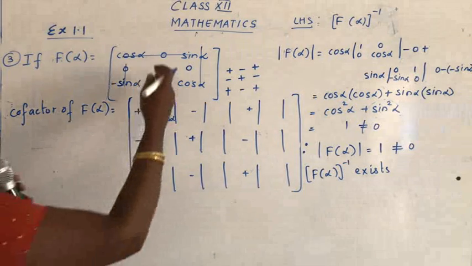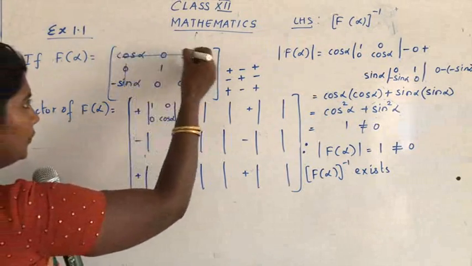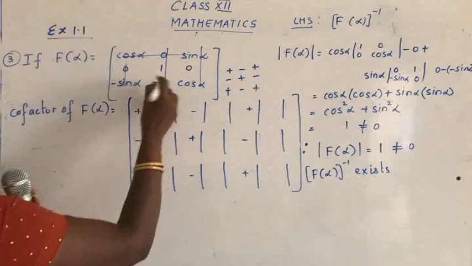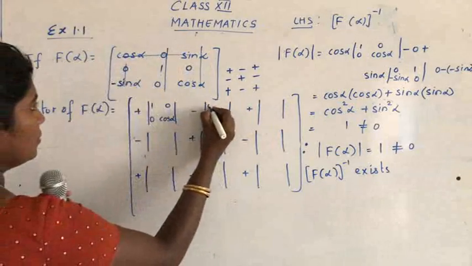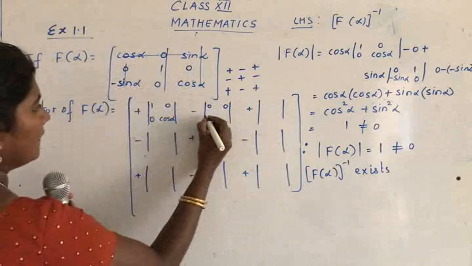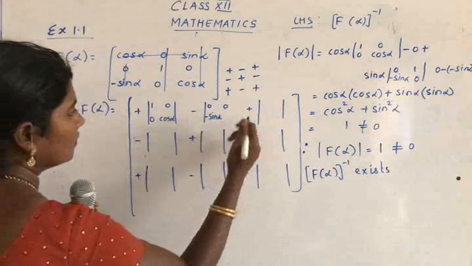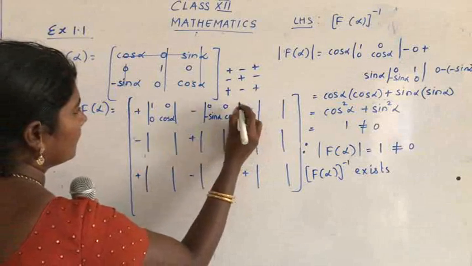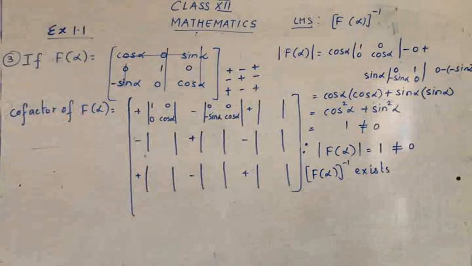So what you get here, we have to eliminate this row, second element. So you eliminate that particular row and the column. So what is left now? This row and this column goes up. So what is left? 0, 0, minus sine alpha, cos alpha.